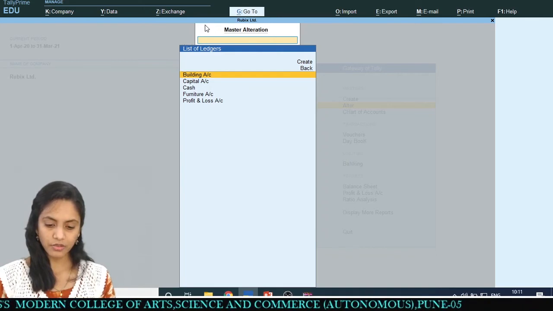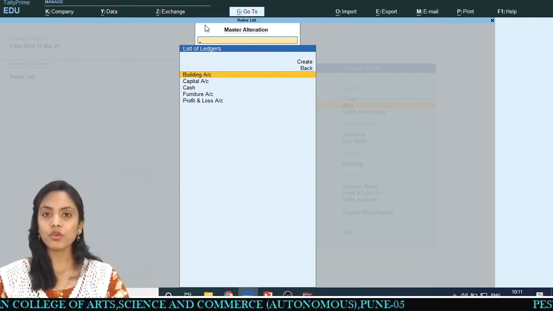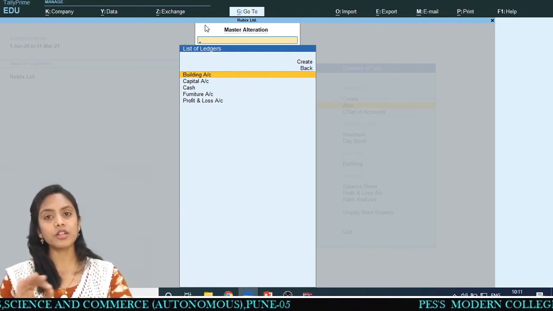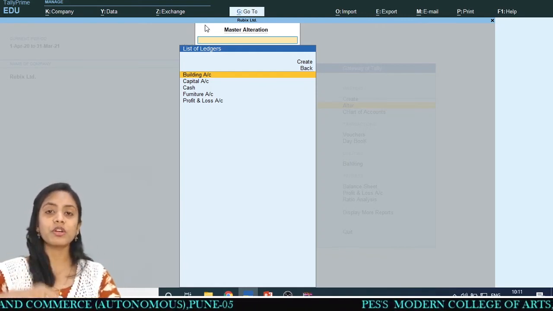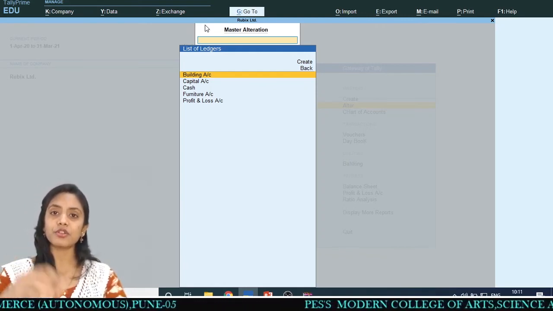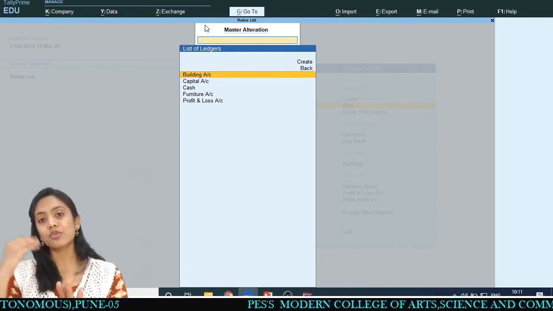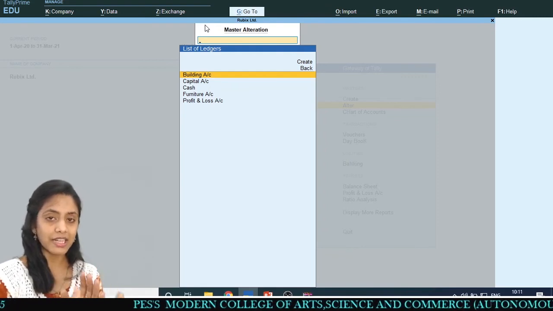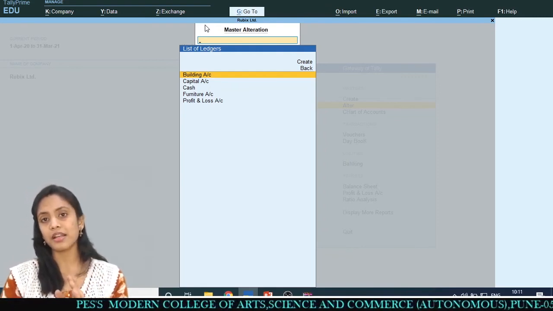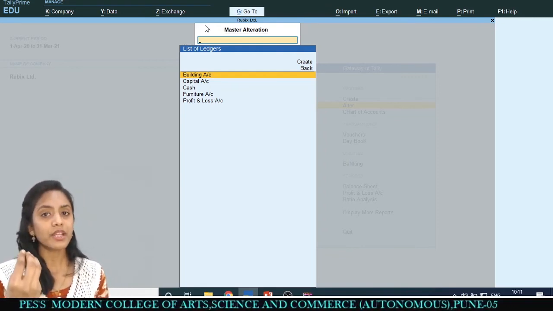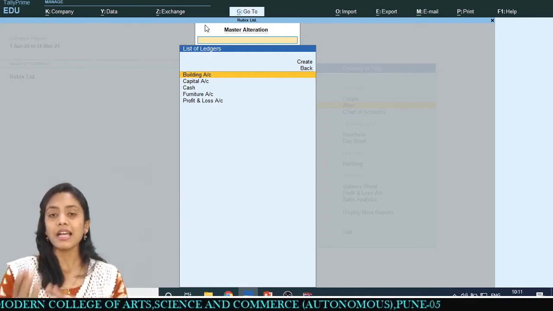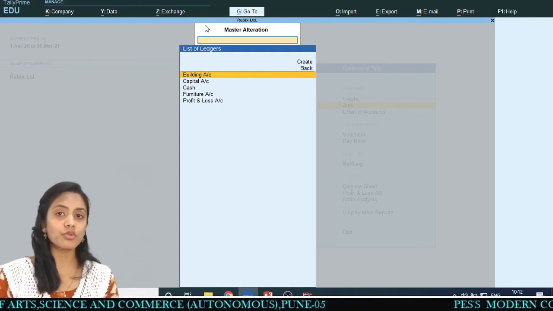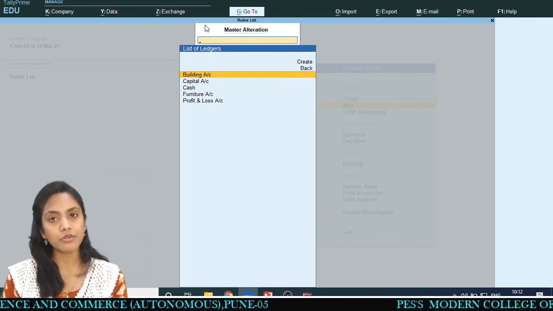Once again, you have to be very careful about your basics, under which group your ledger will be created, because after all, this you have to create in the background. After that, you just have to give a transaction entry, that is a debit and credit. Automatically, you will get your balance sheet and profit and loss account. As compared to manual accounting, we don't have to create a balance sheet and a profit and loss account over here, right?